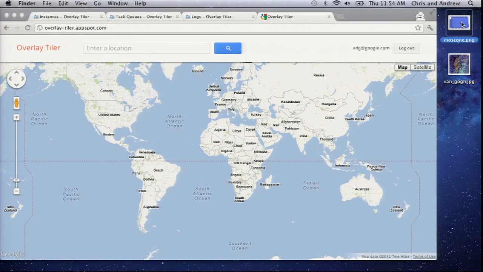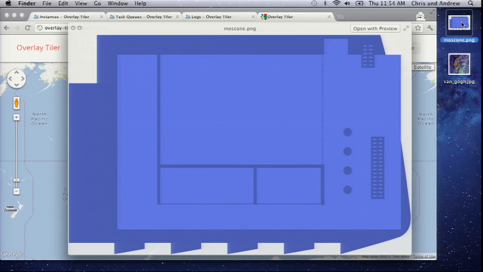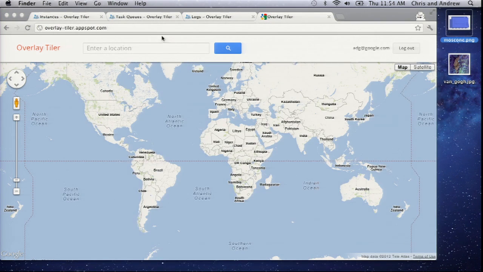So today we'll be adding the Moscone floor plan. This is essentially what I did a few weeks ago to generate the floor plan for the Android app. This is a floor plan that we got from our vendor who did all the fit out. And so if I go and search for Howard Street,